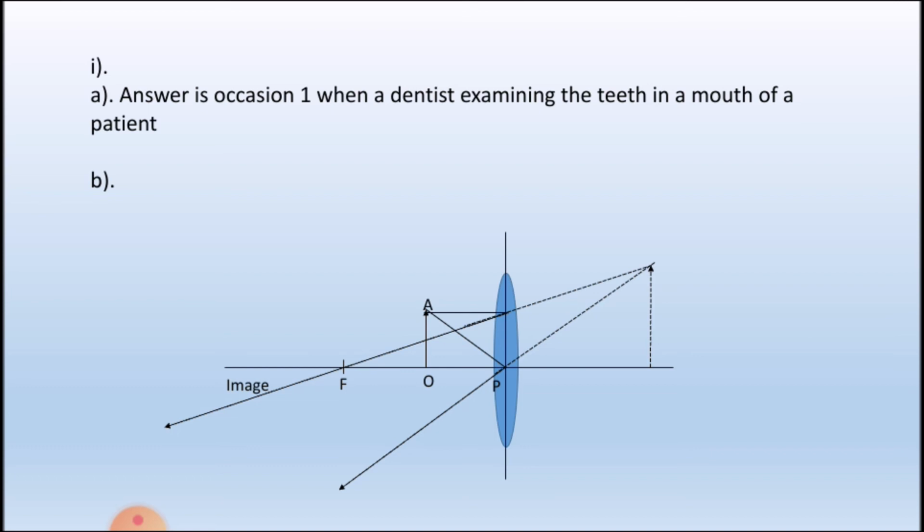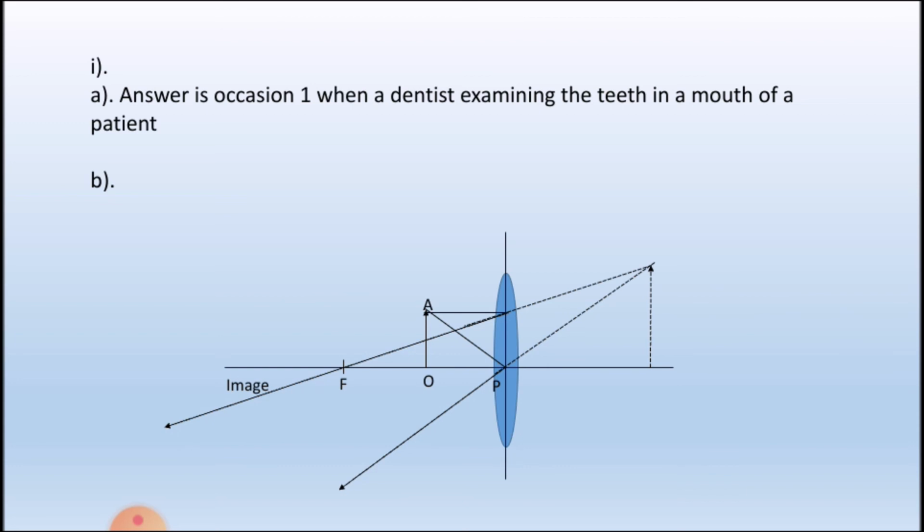Related to reflection, when a light ray travels parallel to the principal axis, it reflects in a way that it passes through the focus. And also when a light ray hits the pole of the concave mirror, it reflects with the same angle to the same medium.